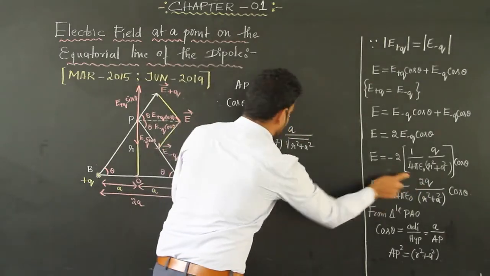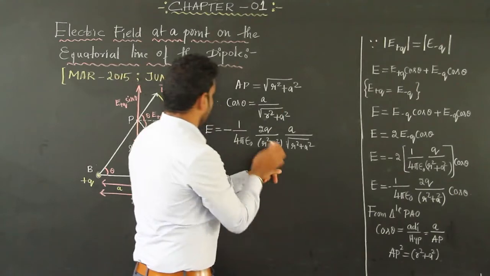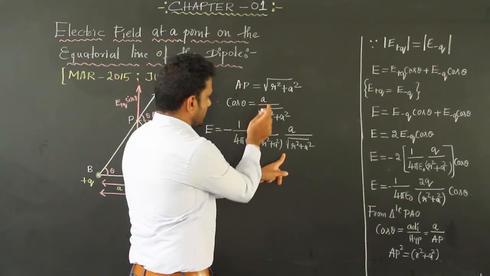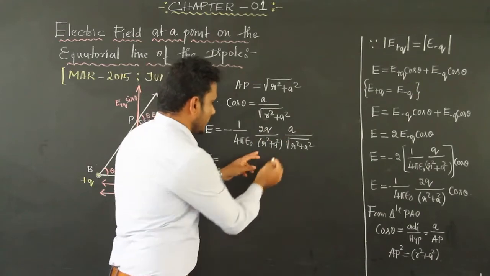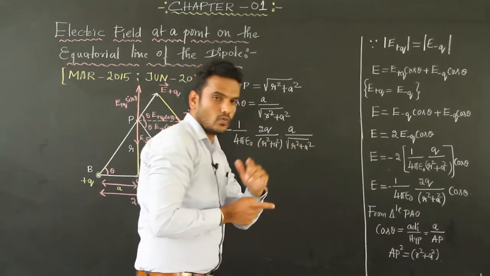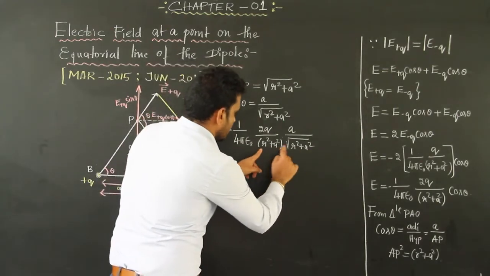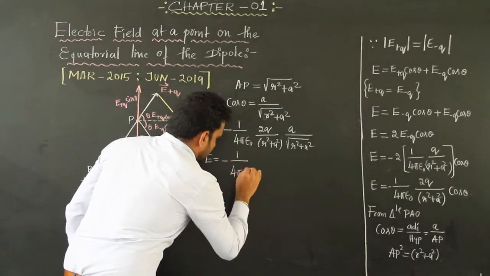Here nothing is there, which means power 1. Here, what is the value of root? 1 by 2. So if you simplify this, you will get 4 pi epsilon naught